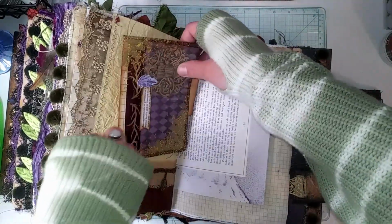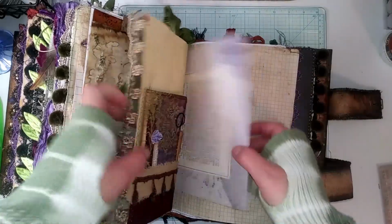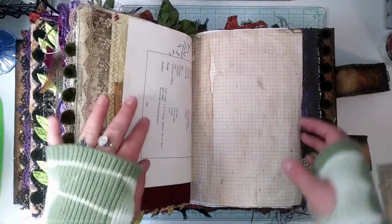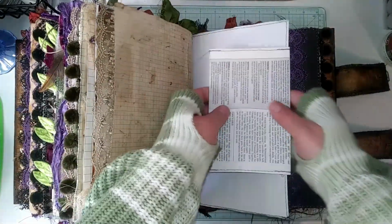If I can get these together. Nothing is working with me today. Okay, we're almost done with this signature, and then I'll stop and do the last signature